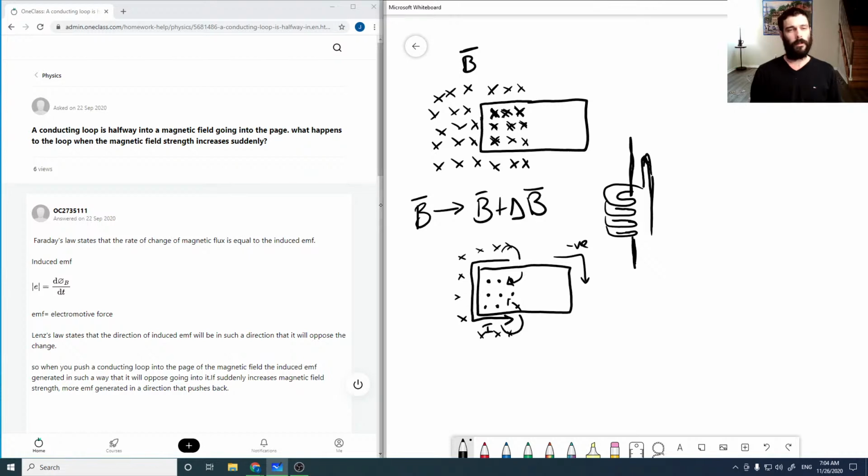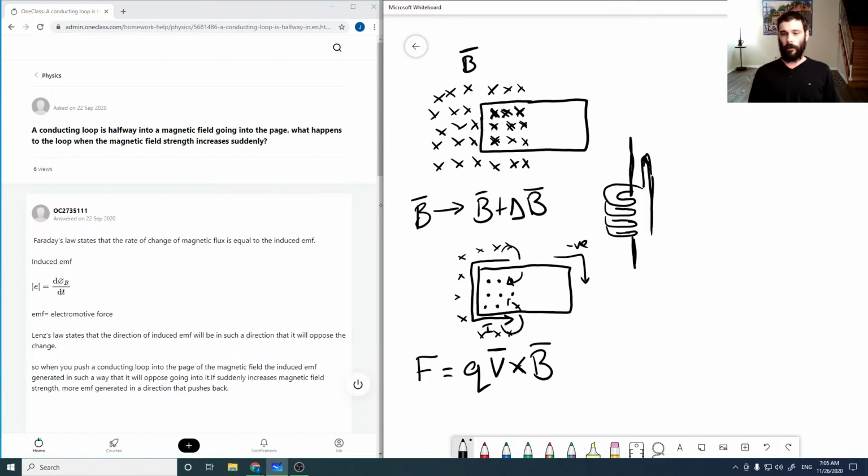Now, what the question asks is, what happens to the loop when the magnetic field strength increases suddenly? So a few things happen. So first we get this current set up, but then a force on a moving charge, which is a current, right? So a current is charge moving. So the force on a moving charge perpendicular to a B field is given by this expression,